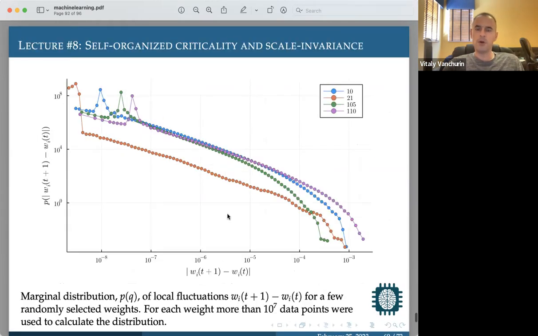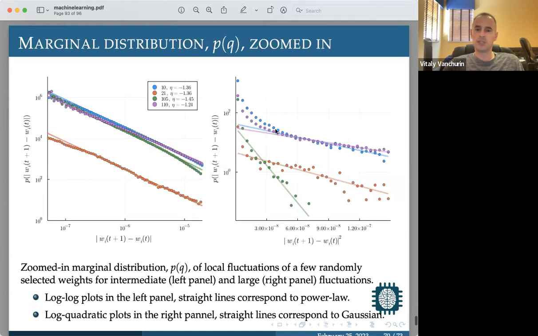Now, the same plot, but to show you that the second regime is actually a Gaussian, what we are plotting here is log versus quadratic. That's what I suggested we should do. In the log versus quadratic for very large jumps, you see straight lines. So this is a Gaussian distribution. There are Gaussian tails. But all the other ones, at smaller scales, are not Gaussian. They come up because they are power law, just like here. Okay, are there any questions about